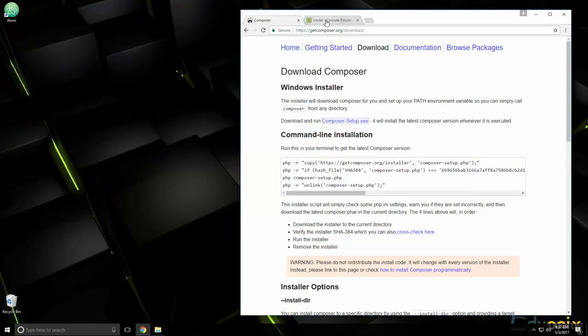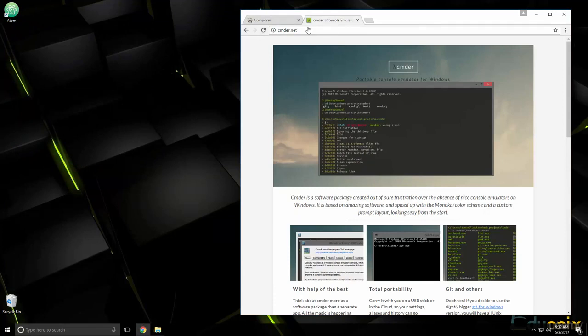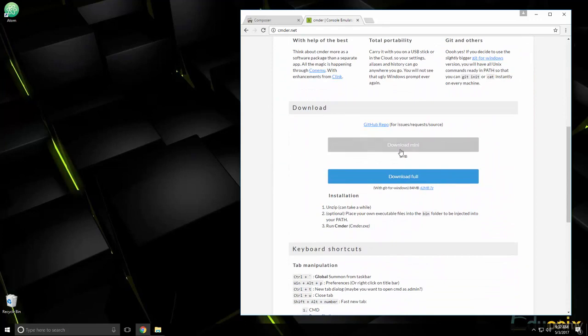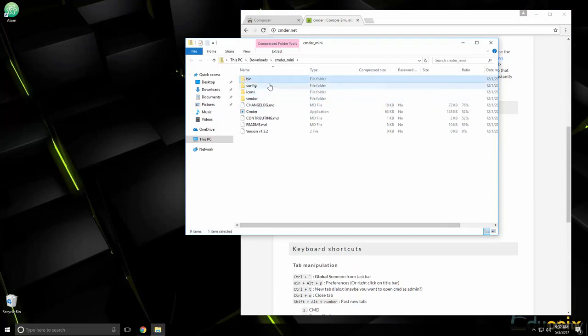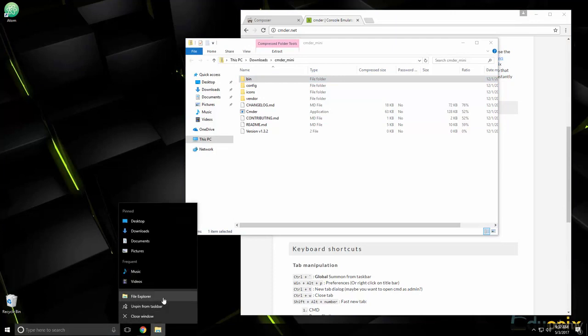I don't want to, so I'm going to use something called Commander, which is cmder.net, and we're going to go ahead and download this. Let's grab, let's see, we'll download Mini, and then we should be able to open that up. And then what we want to do is just move this to basically wherever you want, I believe. So I'm going to open a new window